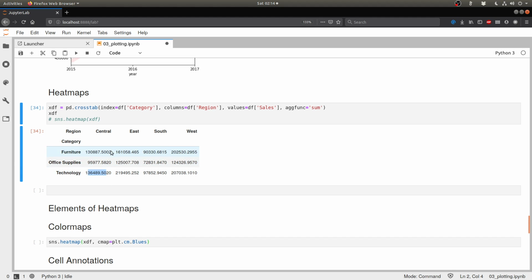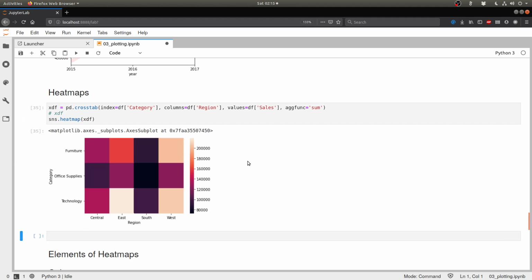Now you see, this is just a rectangular grid of numbers. One easy way to simply visualize this is to use something called a heat map. And heat maps come from Seaborn, which we have imported as SNS. So let's try that. There we are. So we see that there is basically a grid of colors in front of us. Each value is basically an intensity of that color. So this looks like a heat map.